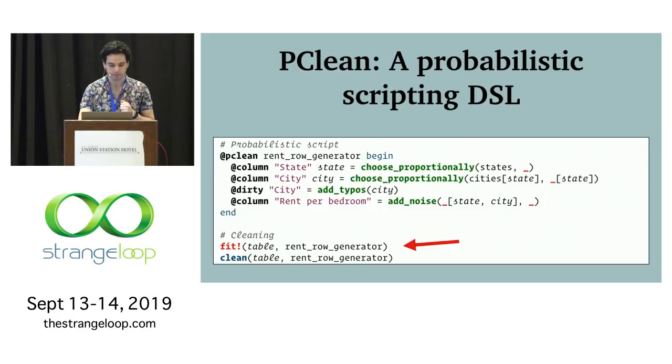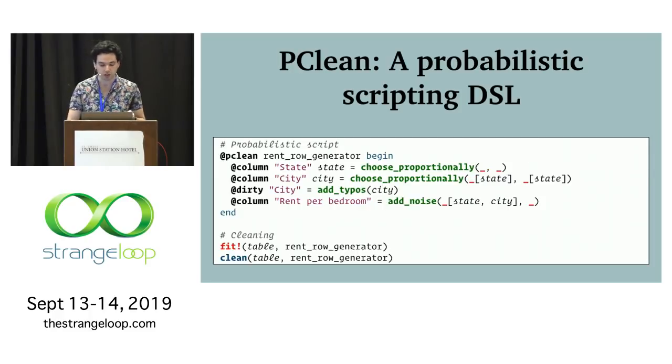Okay. Now we're still saying here that we're giving it the list of cities that exist and the list of states that exist. And this might seem like a more reasonable assumption. We often do know what the possible values for some column are, but it's kind of annoying to compile, and sometimes we don't know it. So Pclean is also going to let you replace that with an underscore. And that means that it should learn which of the things in that column are actually valid values and which ones were just erroneous.